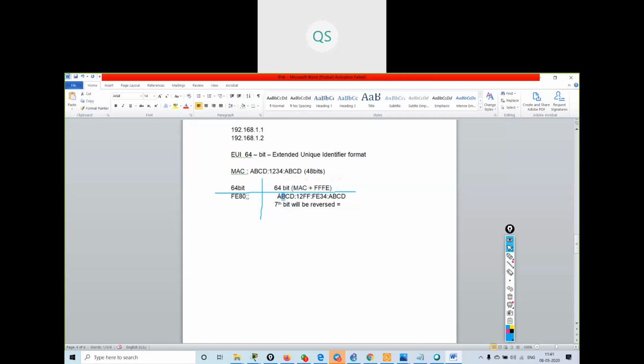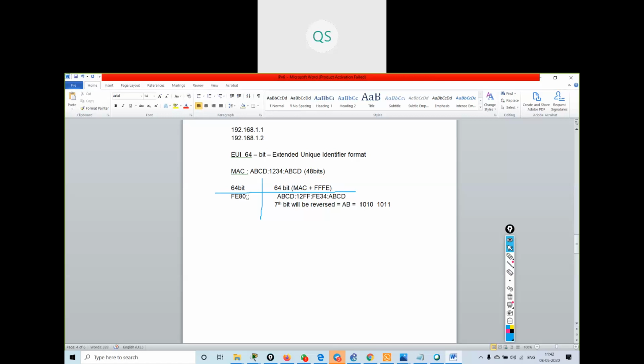Each digit is 4 bits. So I will take two digits, A and B, which give 8 bits. Now I will make the binary number of it. A is 10 and B is 11. So 10 in binary is 1010 and 11 in binary is 1011. I converted A and B into binary numbers.